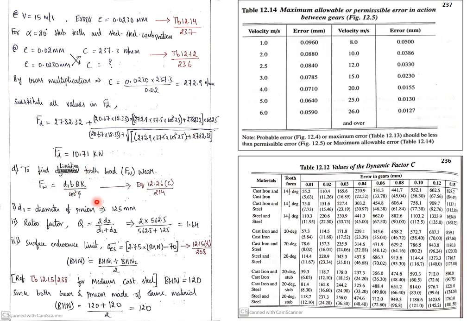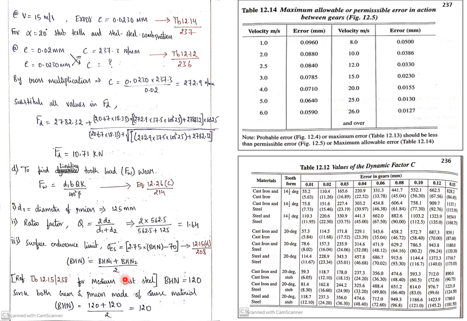Again you need to calculate the limiting wear load. The same procedures are used, and since the Brinell hardness number, epsilon and Young's modulus are not given, but here the materials have been specified. Correct, guys? I repeat, here the materials are specified. Hence, you need to consider the Brinell hardness number. We need to substitute back in the formula. If you check page number 238, that is table 12.15, where medium cast steel.